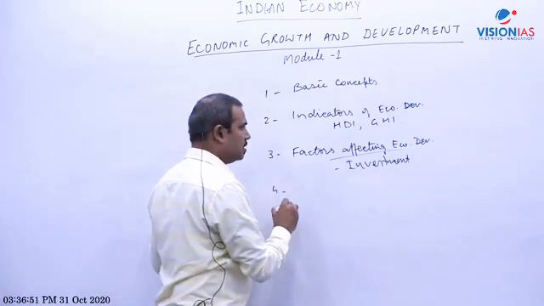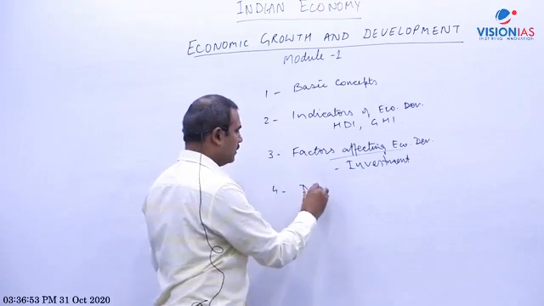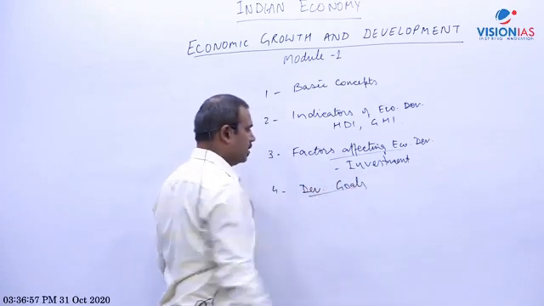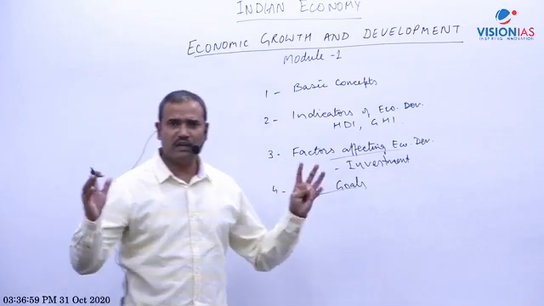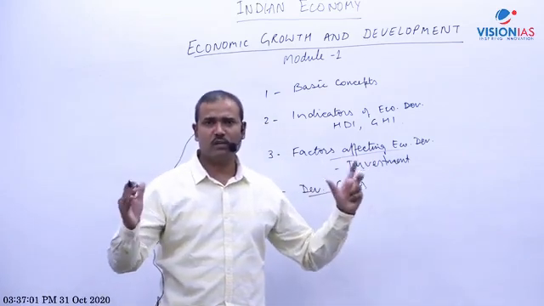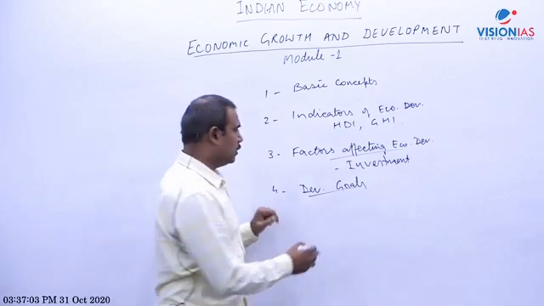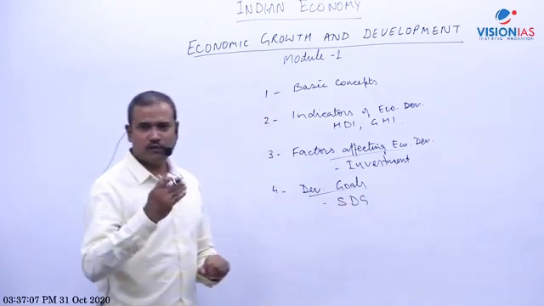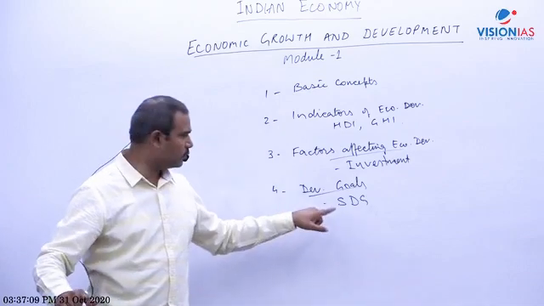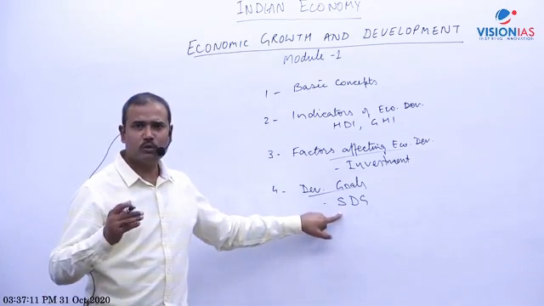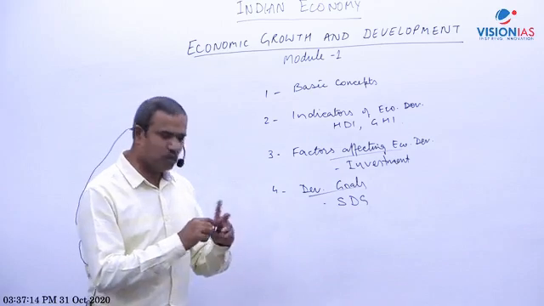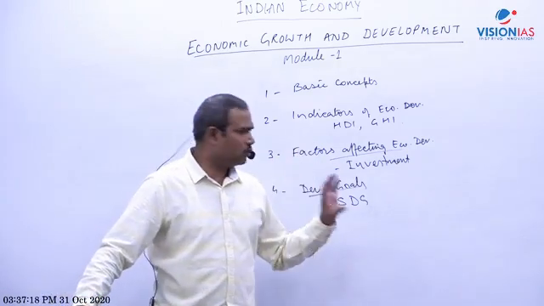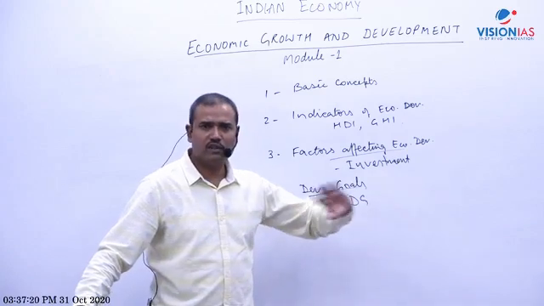And the last section is on developmental goals at global level. Some goals relating to socio-economic development have been fixed at global level. The UNO has fixed the sustainable development goals, 2015 to 2030, and before these there were the millennium development goals. So these are goals fixed at global level for development. And then the Government of India's policy in achieving this, briefly.